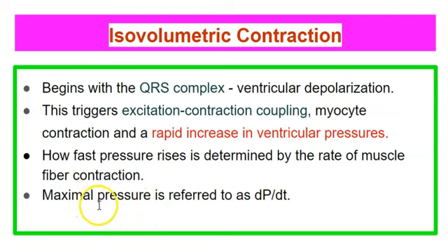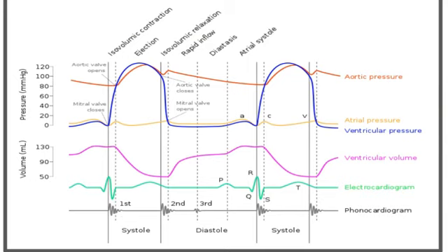And the maximal rate of pressure rise is referred to as dP over dt, the change in pressure over time. That's something we'll be talking more about when we talk about diastole and systole. Well, actually, the systolic function of the heart, and how we evaluate that for the doctor. So don't worry too much about that. But if we go back here, we've got the ejection phase, we've got the QRS complex, everything they're talking about